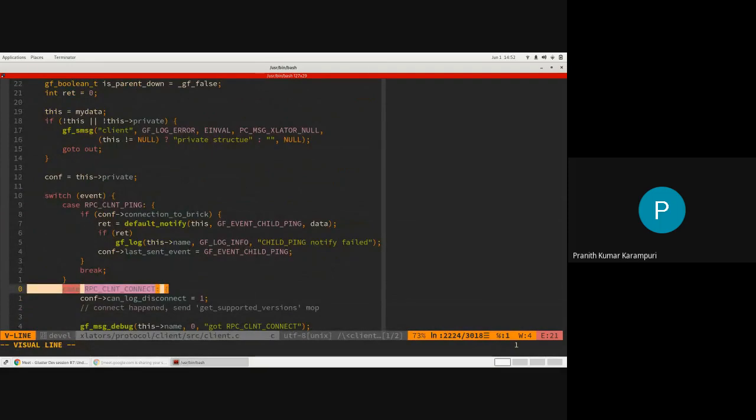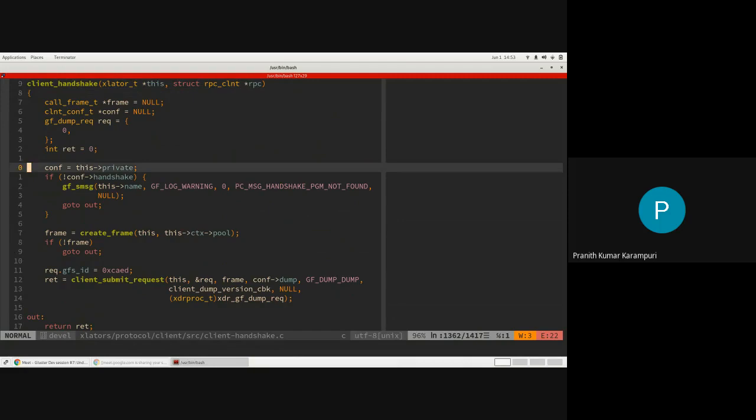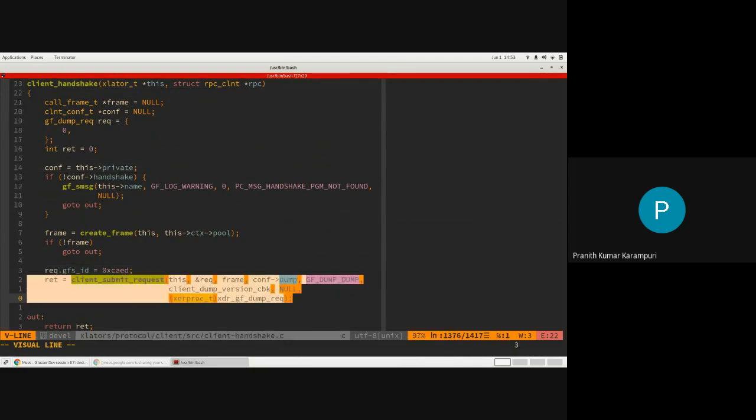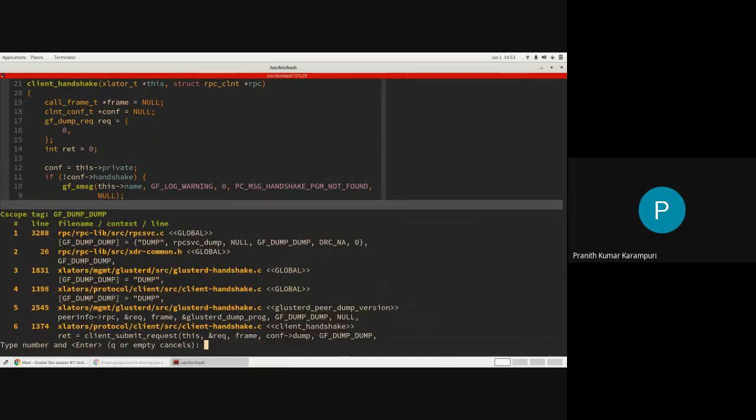We'll look at the RPC transport and RPC connection in detail in a later session, but for now, let's just assume that the call comes here. At this place, the client handshake process will start getting executed. What it will do is send an RPC which is called the dump op.